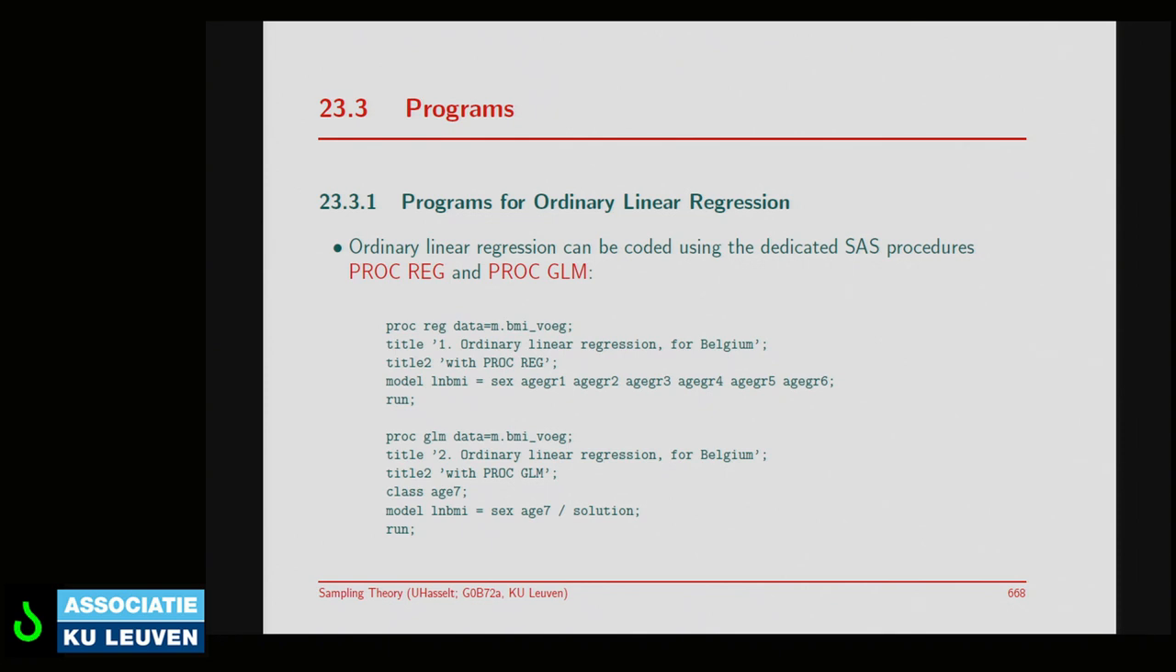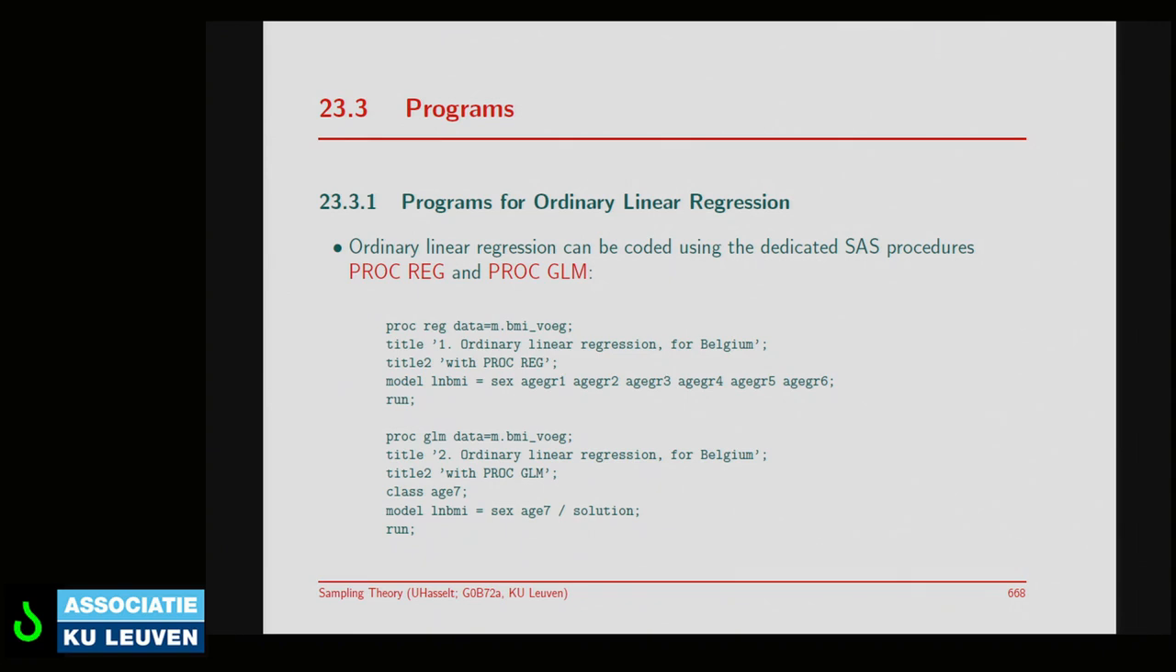Let's take a look in this section at the programs that we use. So, PROC REG and PROC GLM are a little different in outlook, not very much, but they produce the same results. We have our model statement where we say the outcome, log BMI, is a linear function of sex and then the age dummies. Mind you, if you have 7 dummies, only 6 are necessary, of course, because otherwise one